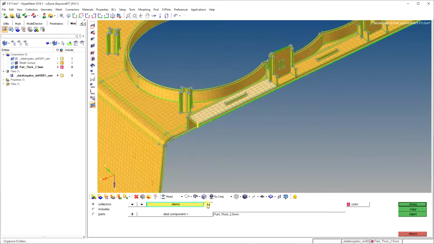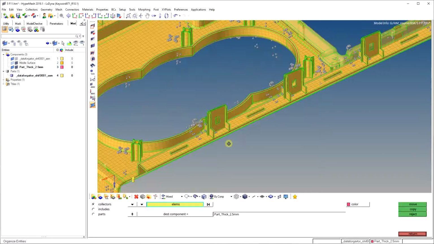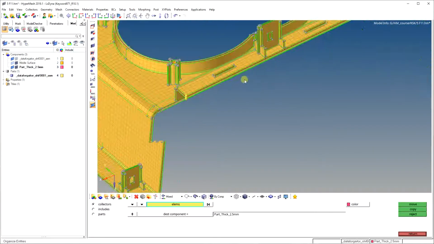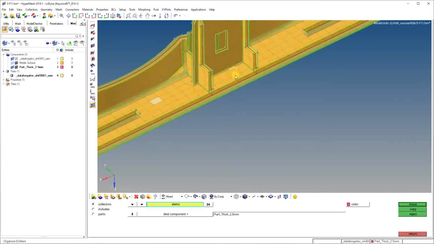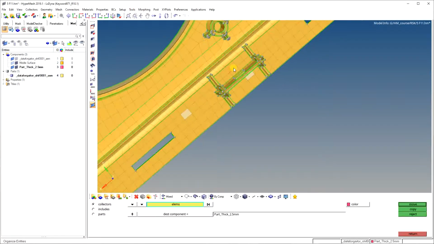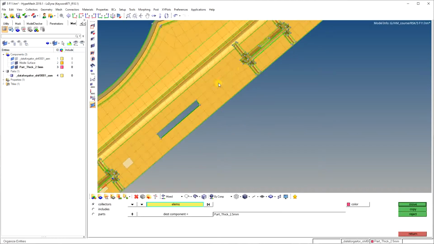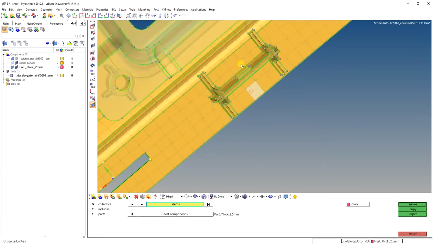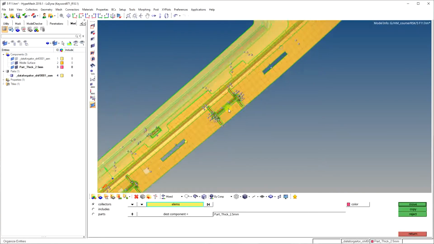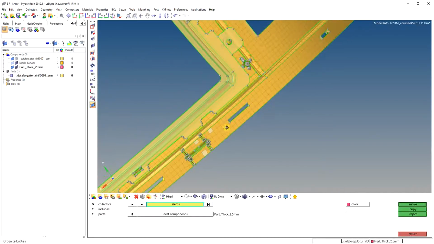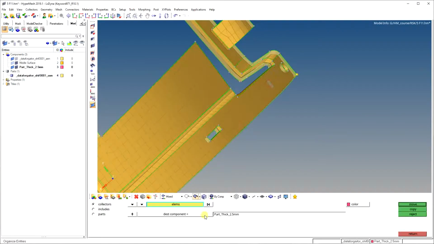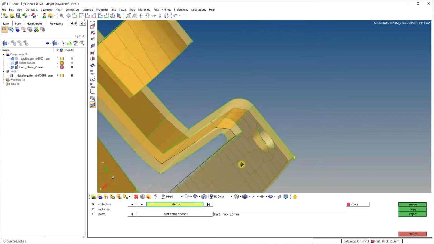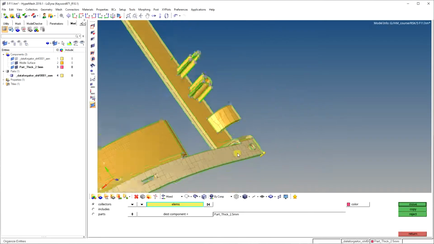I want to select all the elements on this face. I am selecting just one element on this face, and after that I will click on by face, so all elements on this face will automatically be selected. Okay, all elements are selected now.